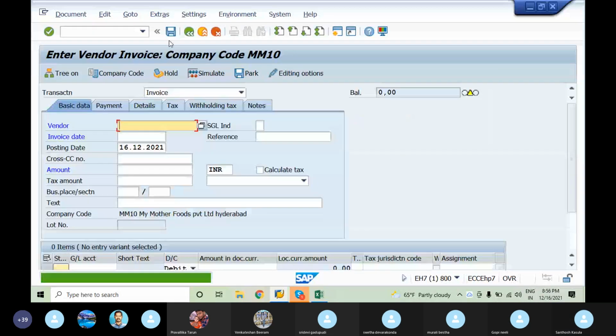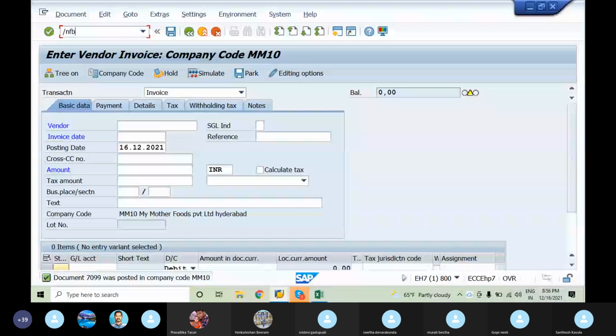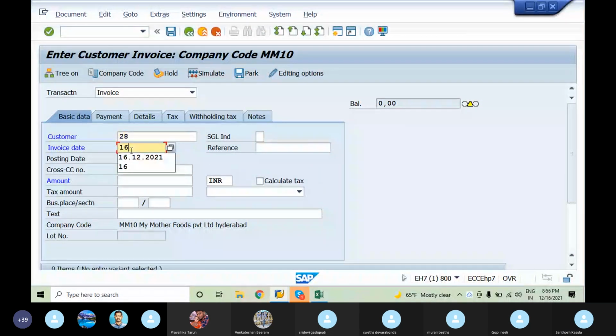Now the vendor invoice is done, and I'll now post the customer invoice, which is for 35,000. The amount is 35,000.